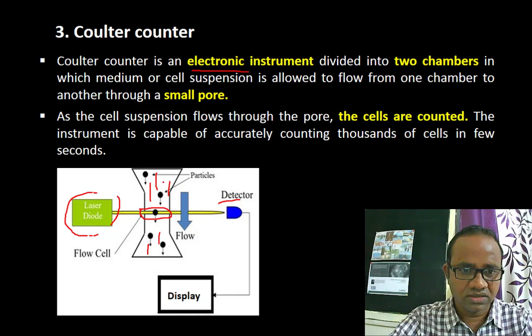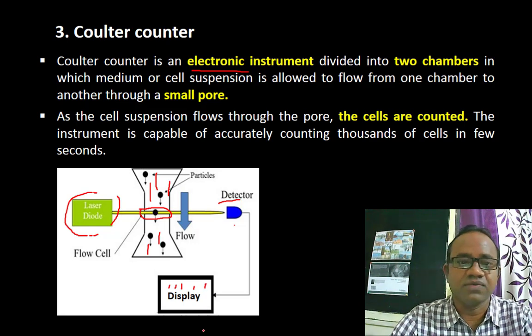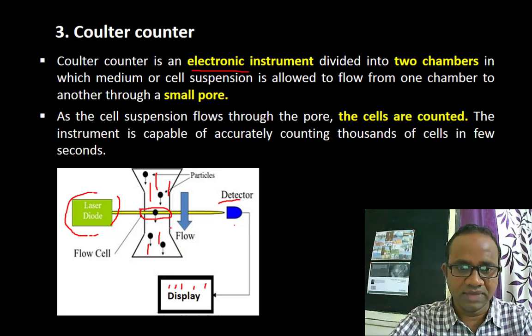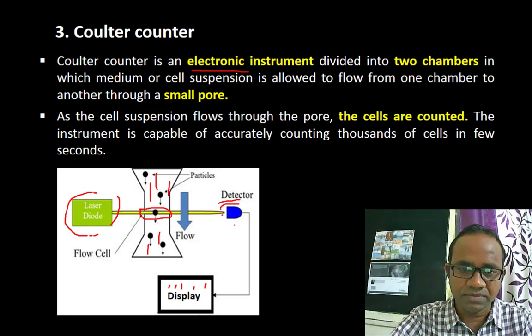When the cells transfer through the pores, the laser light passes through them, and that laser light is detected by the detector. The display here shows it: when one bacterium passes, the display counts one. Like this, it can be displayed on the screen. So what is the mechanism? When the laser light passes through the pores, if it hits the bacteria that are passing out, the data will be detected.